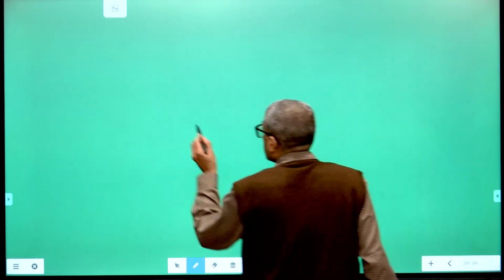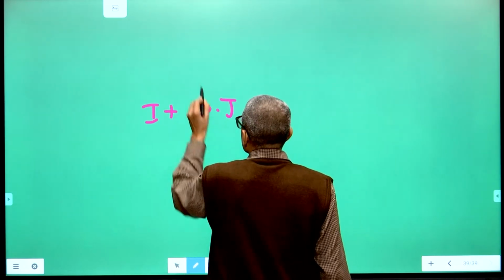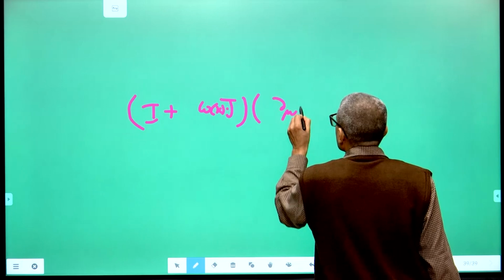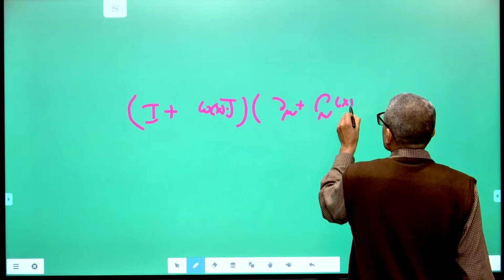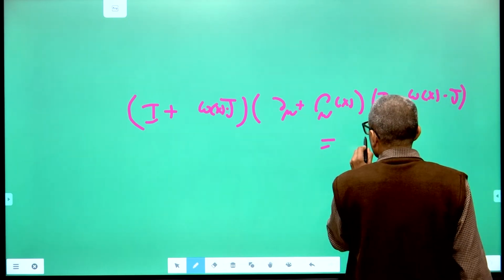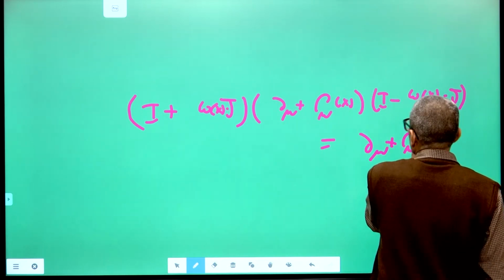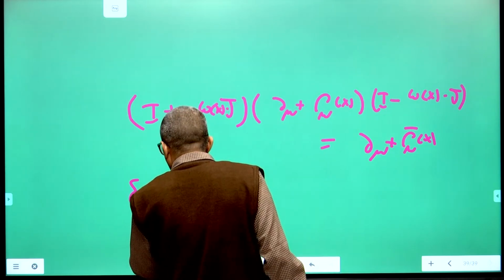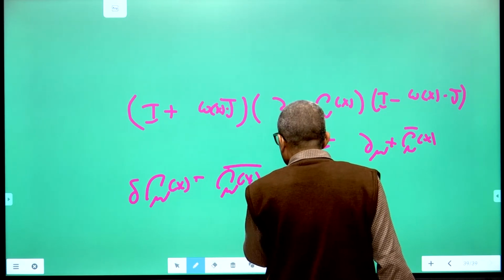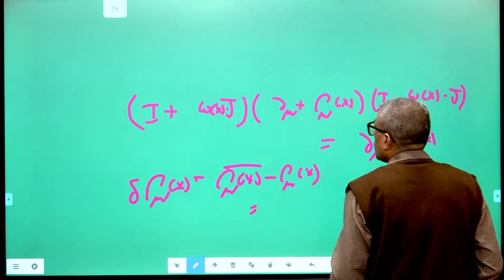So what you require is that I plus omega x dot j multiplied by dou mu plus gamma mu x, multiplied by I minus omega x dot j, must be equal to dou mu plus gamma mu bar x, which is the same as saying that delta gamma mu x, which is gamma mu bar x minus gamma mu x, the change in the spinor connection under an infinitesimal local Lorentz transformation,